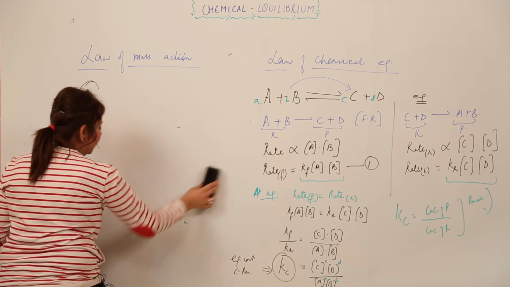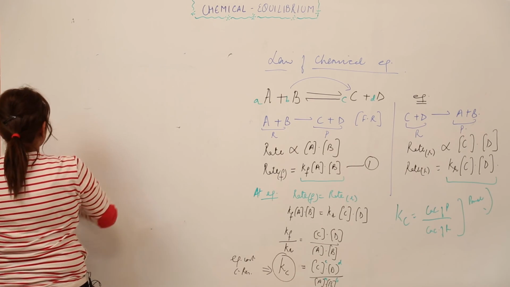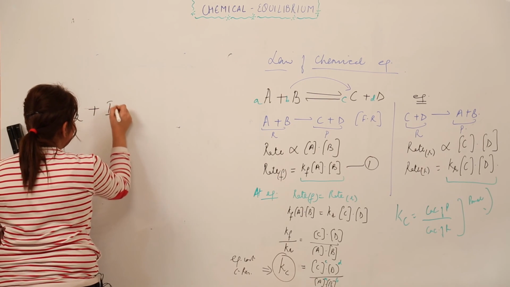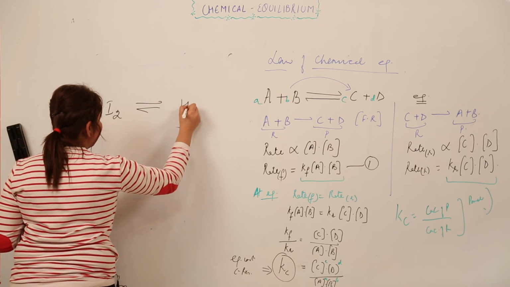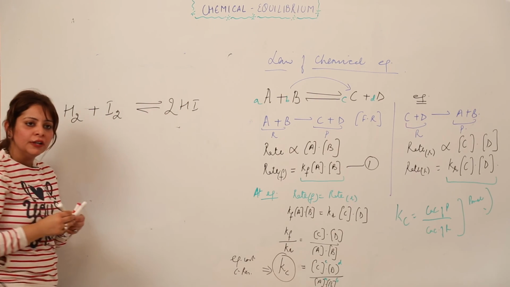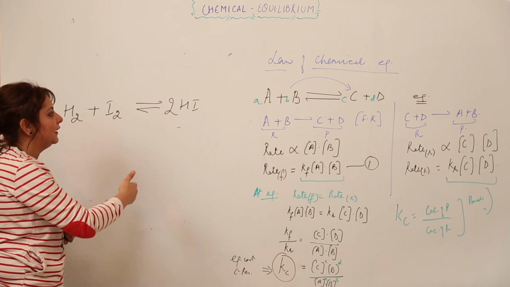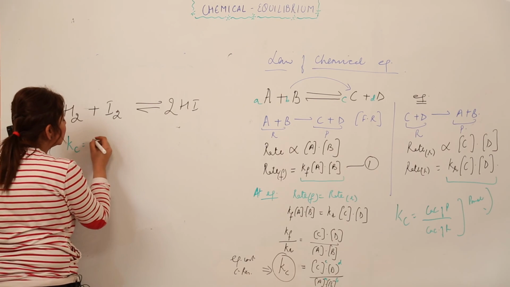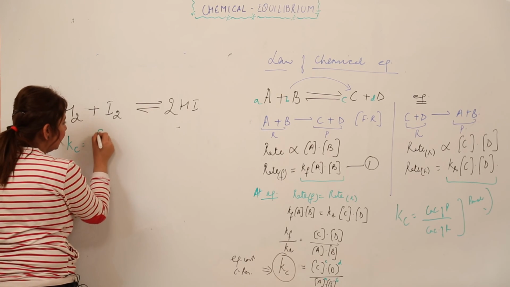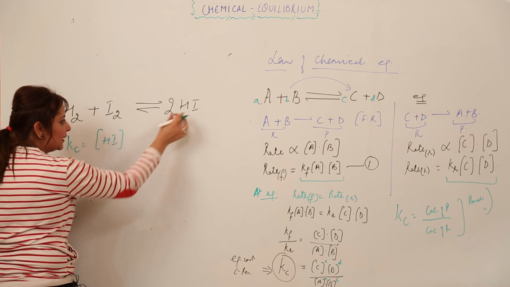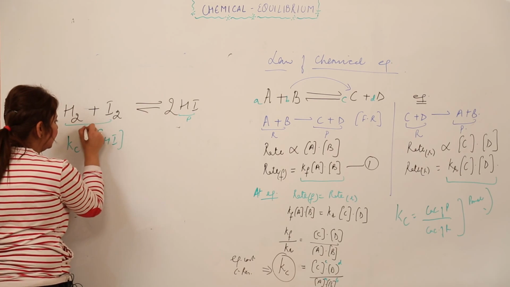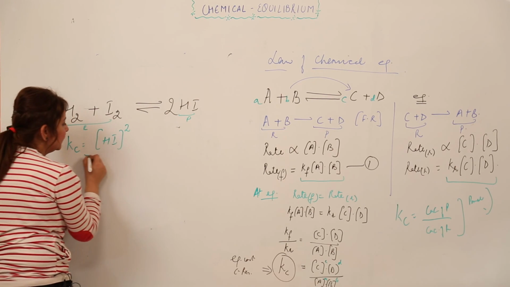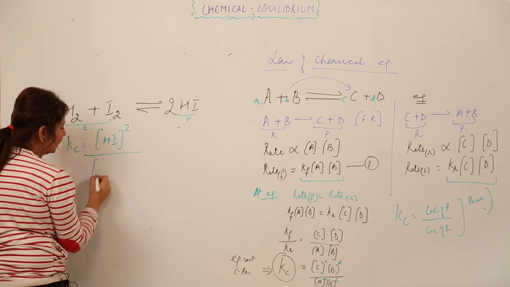See, if I take an example of the formation of hydrogen iodide. So we have H2 plus I2, reversible reaction, HI, and I am just balancing by putting 2. Right. So how am I going to write the Kc expression for it? I know Kc is written as the concentration of product. That means the concentration of product is HI, because this is the product and these are the reactants, as I told you. And we have the moles also. I am going to write the mole as a superscript, dividing by the concentration of the reactants.